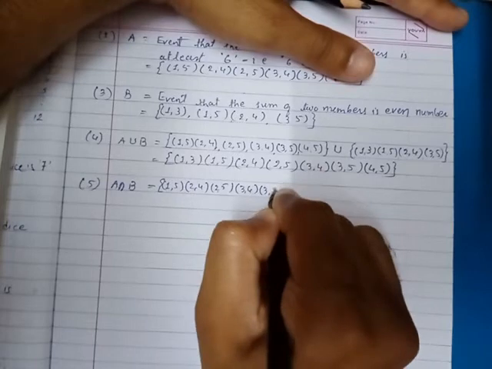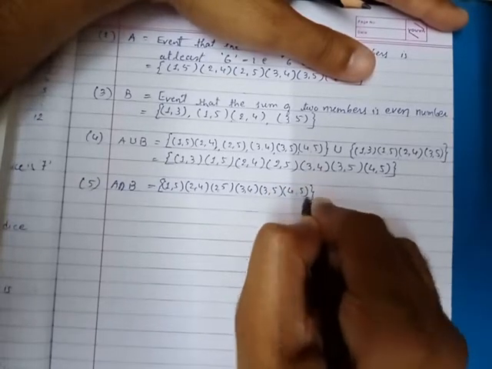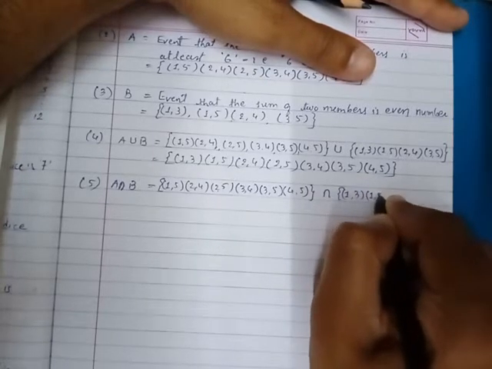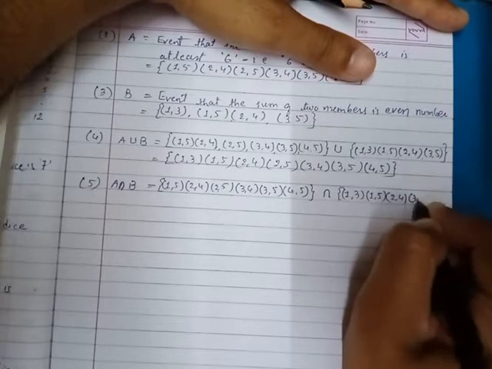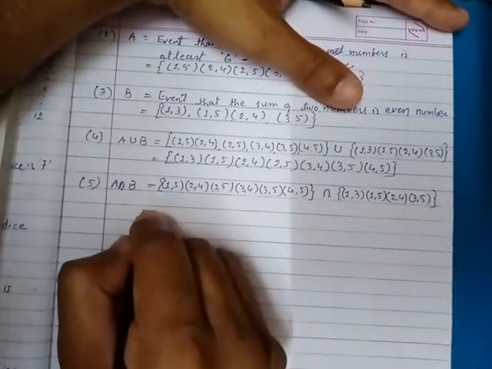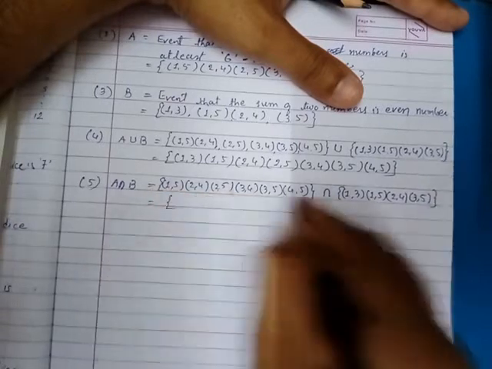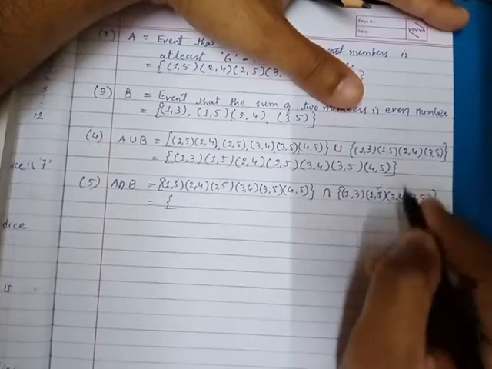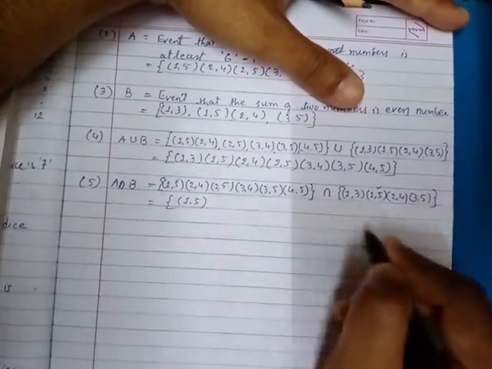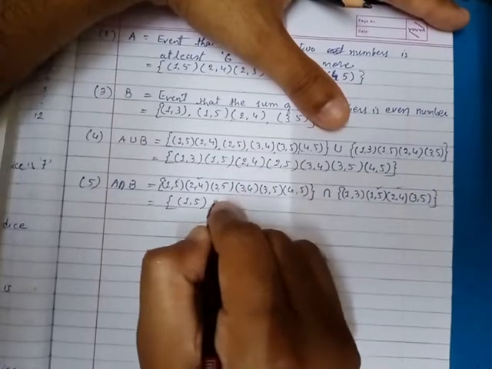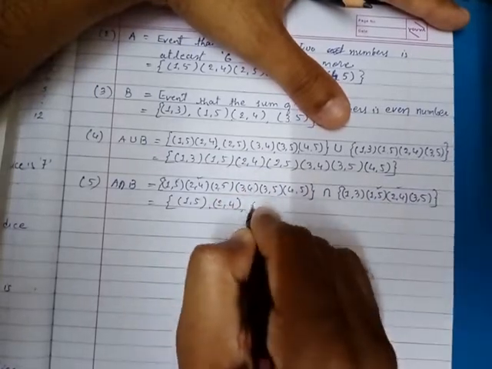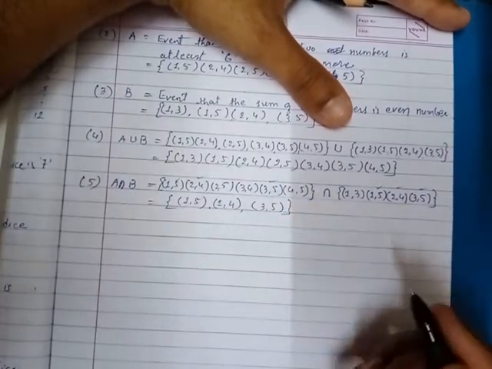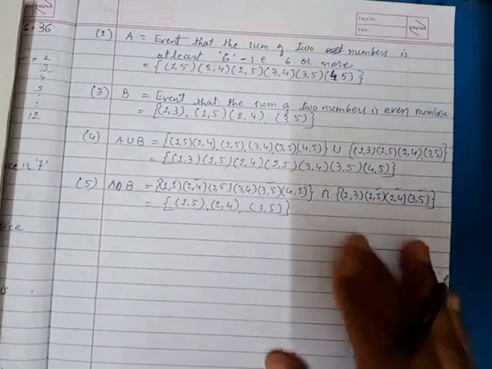proper ways of the answer, and then after that I am writing the correct answer. Okay, this is your intersection of two events. So that is equal to the common outcomes available in both the events, like which are those: 1 5 we can write first, which is common in both the events. Then the next one, 2 4, we can write, right? Then the next, we have 3 5. These are the three outcomes we have in common, that is known as the intersection of events A and B.